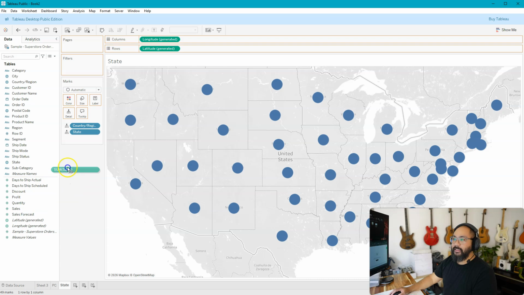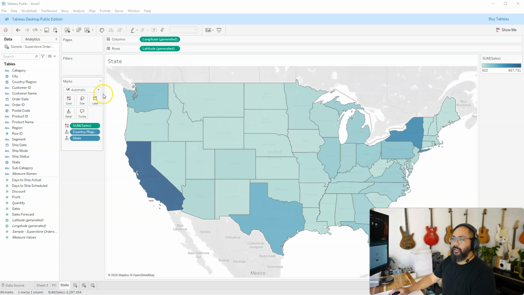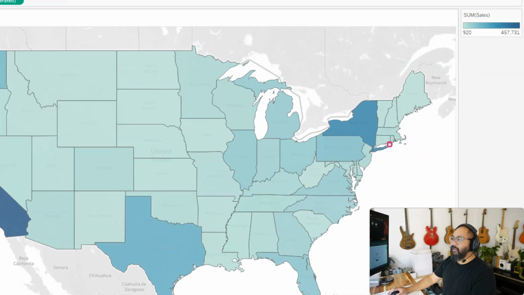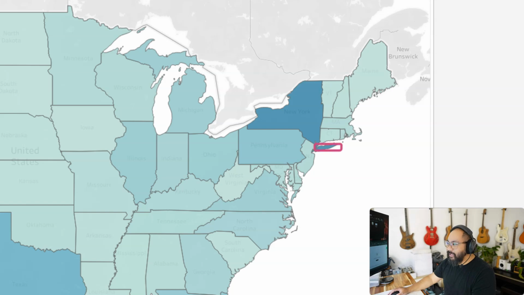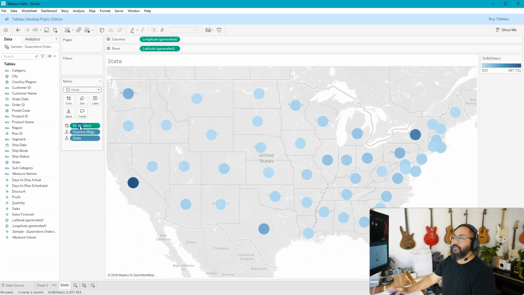So for example, I bring in sales into color, right? Now when you do that, because this is set to automatic, it's going to switch to this kind of chart here, right? Which you can use. But the reason I don't always use this one is because depending on the country you're analyzing, like this happens in Africa, right? Where you have these really tiny countries, right? Really, there's nothing there, but say there's a really tiny country here with the highest value, but you can't see it because geographically it's very small. So I actually prefer a lot of the times to use the circle like so, and then use color and